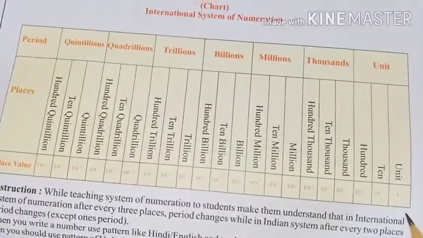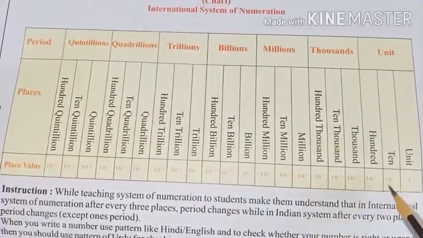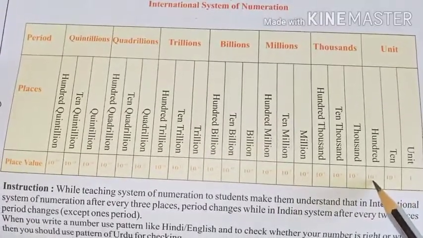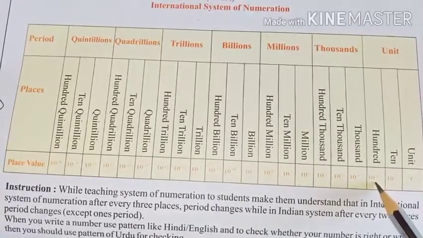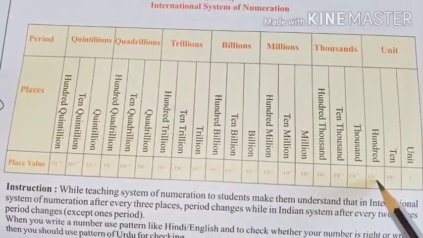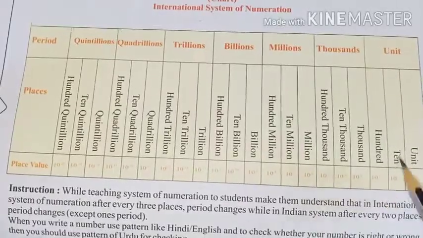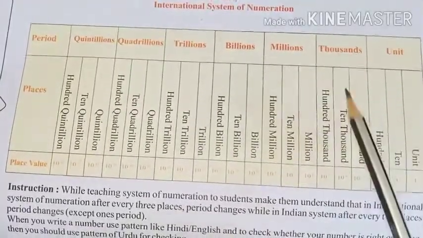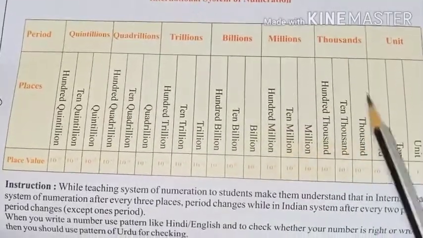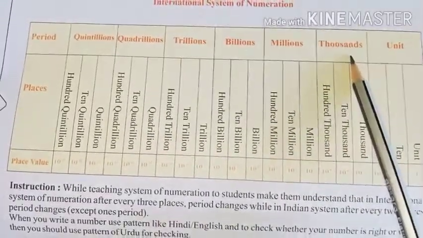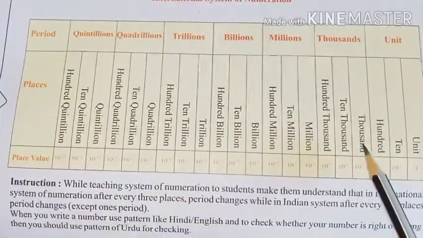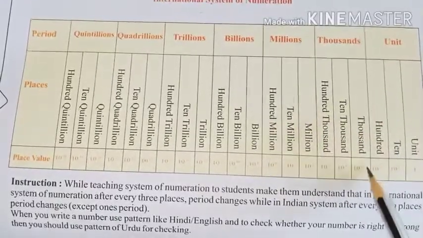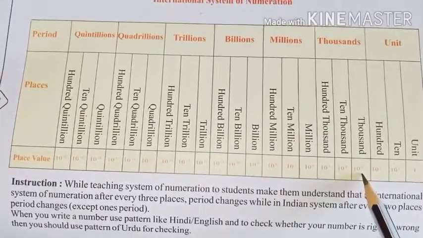In units, how many digits? Only 1 digit. And tens, how many digits? 2 digits. Okay. Now after that, hundreds, increasing by a factor of 10. Now the next part is the thousands part. In the thousands column there are also 3 parts: thousand, 10,000 and 100,000. In 10,000 the number increases by a factor of 10 here.